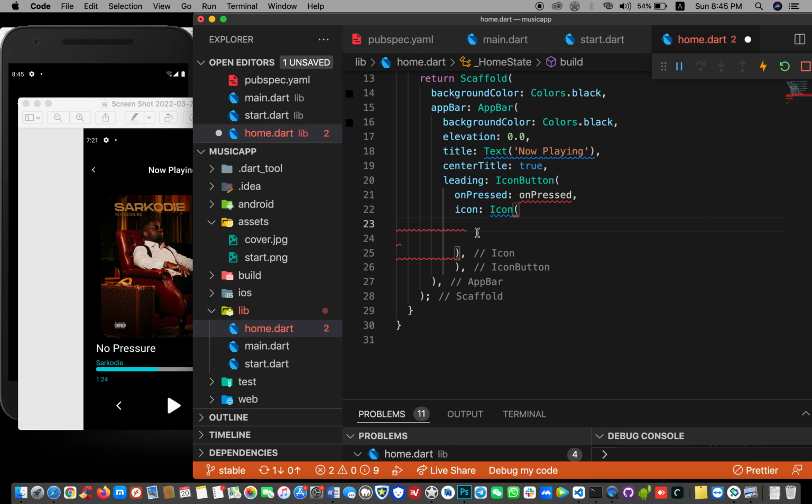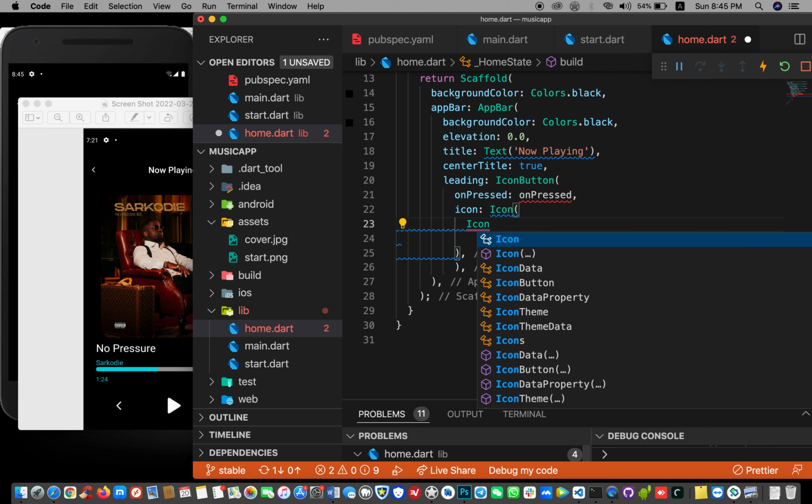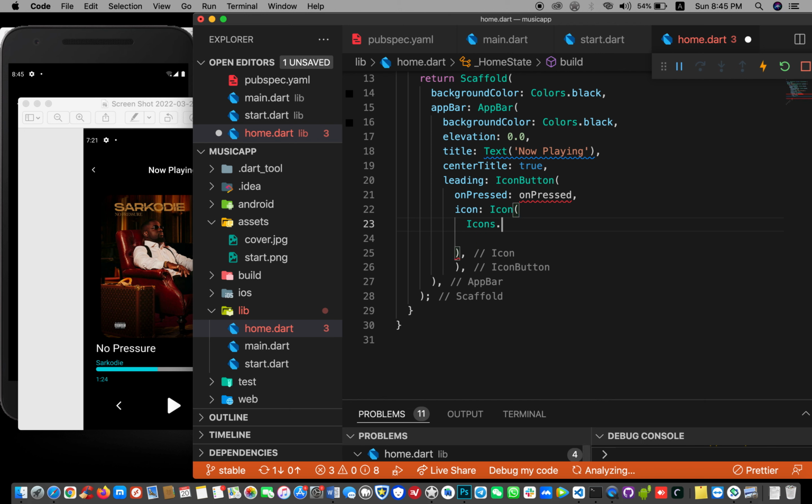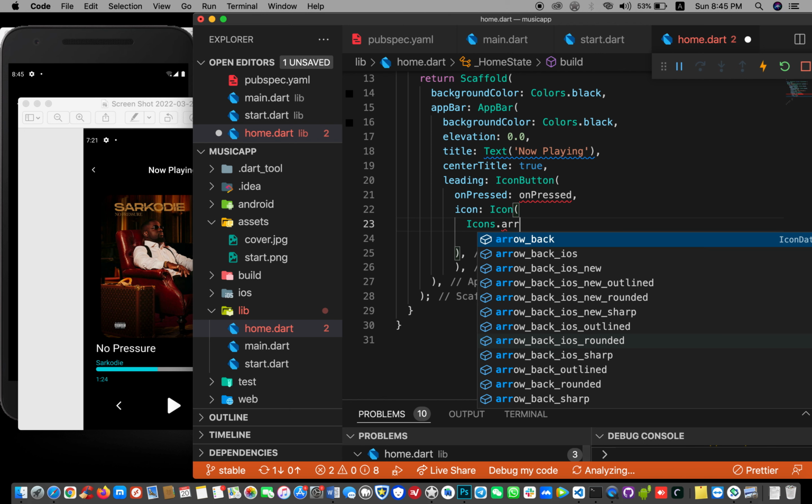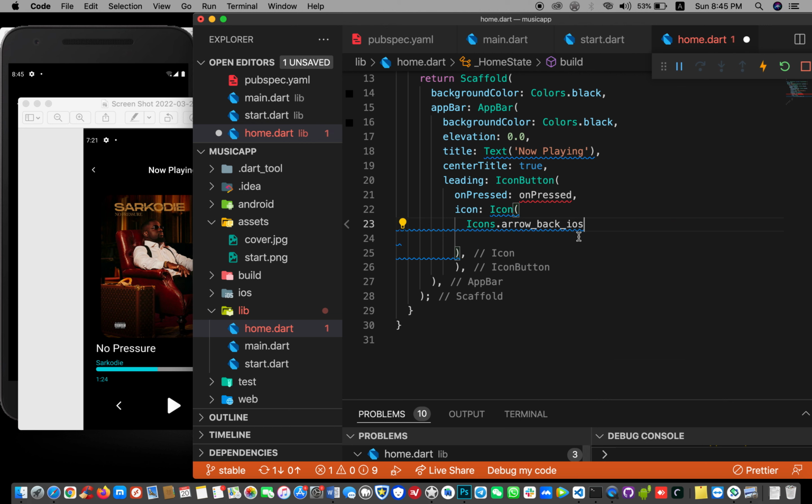Okay, so for the icon, let me see. Let's add icons dot arrow back iOS. Yes, we want to use that one,